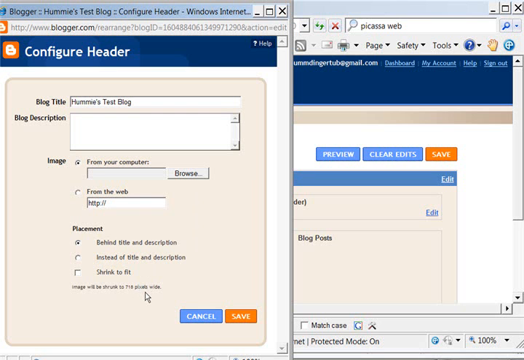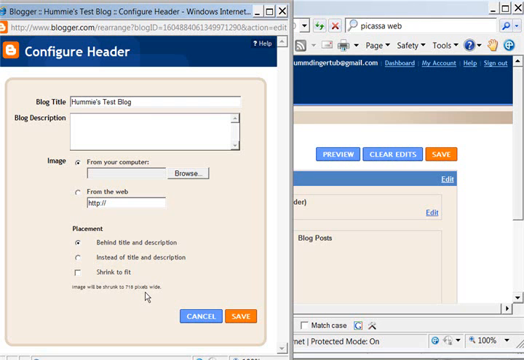Why is that? Well, the smallest screen size resolution I think is about 780 pixels wide, and so they have chosen a size that's great to fit all